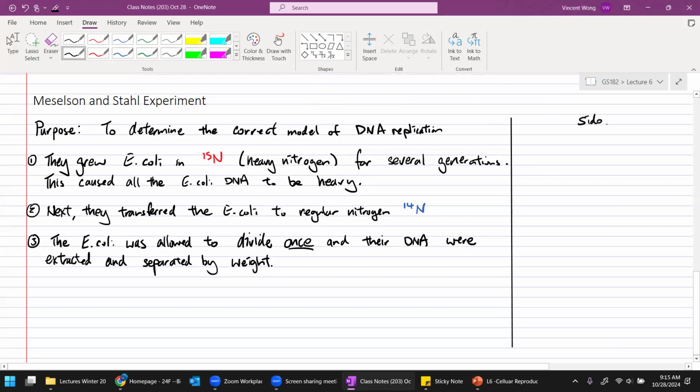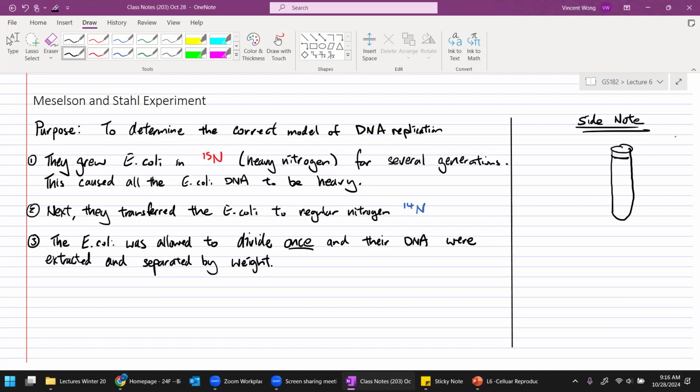Okay, I'm gonna have a side note here. How do we separate things by weight? What did we learn this morning? Yeah, we spin it down, right? We spin it down with centrifugation. So there's going to be a test tube. Now this test tube is gonna be filled with some kind of gel stuff, okay? Don't worry too much about it. There's gonna be some gooey stuff in here, and then we will separate the DNA based on how heavy